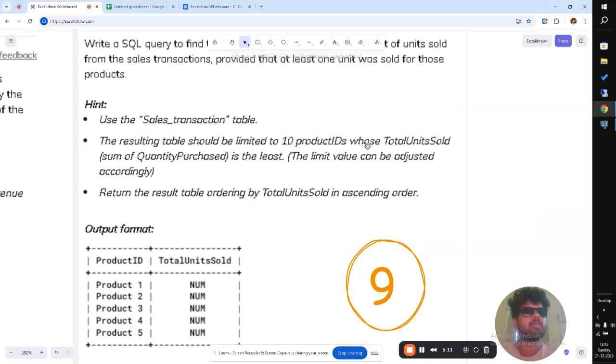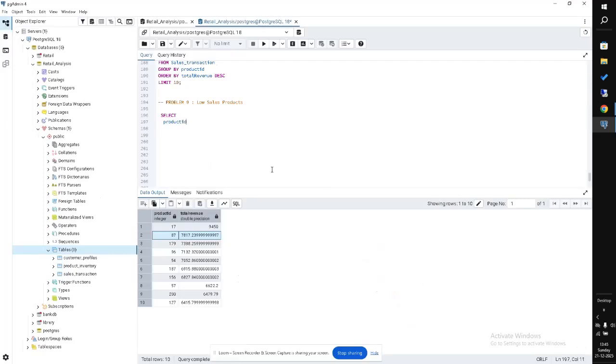Total units sold, sum of. And order by total units sold in ascending order. Correct. So product ID and sum of quantity purchased as total units sold